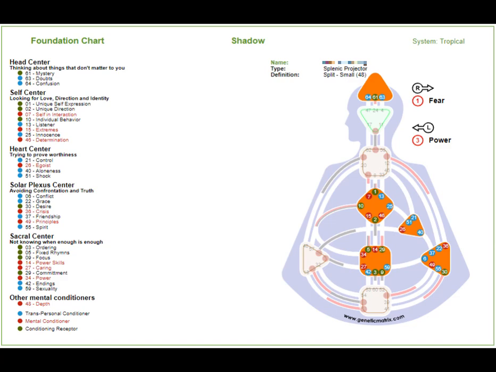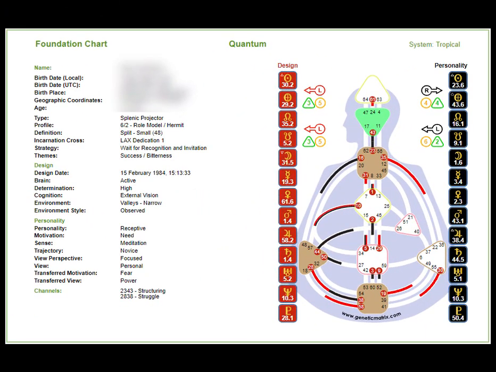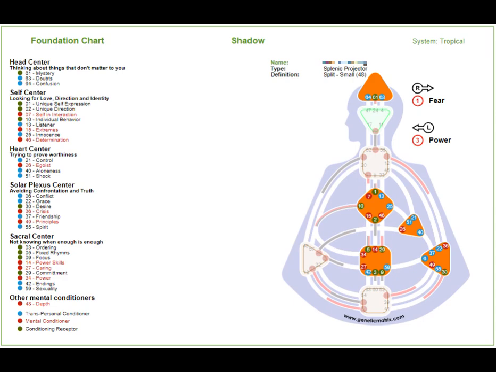So with this particular design, we've got these 5 orange centers, so they would represent the 5 open centers on this person's foundation design. Let's have a quick look at their normal foundation chart. So you can see the shadow is the inverse, because the mind is basing all of its decisions on who you are not, which is the combination of these open centers in a particular order, as we are going to find out. Now, going back to the shadow view, the orange centers really are calling out the strategies for